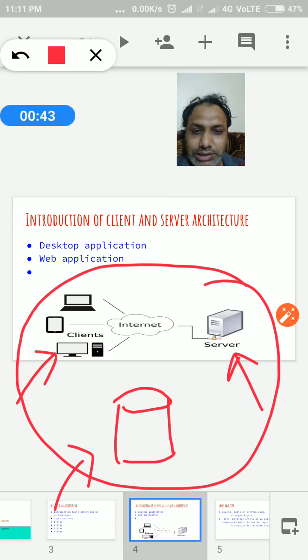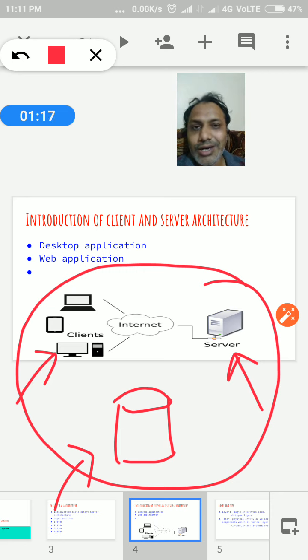So the single tier is an old architecture actually, and it has some advantages. Only one advantage, what is it? It is maintained very easily, because the three layers are done on a single platform or single operating system. The web server, application server and database server are on a single machine, so any problem regarding the servers can be troubleshot very easily. That is the only advantage.